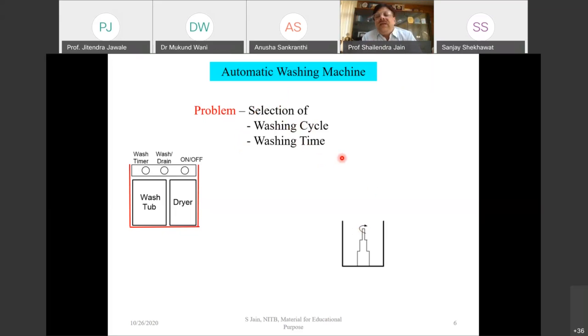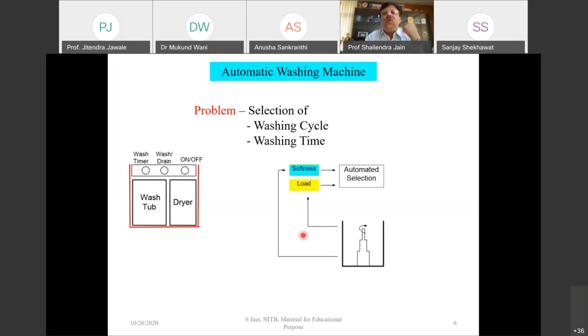How to select how much washing time is required? If I'm doing a manual wash, I can take a decision. I have to rub the cloth until we are able to remove all the dirt on the cloth. Similar kind of things need to be implemented. So what do we do? We'll take a decision: yes, my clothes are not much dirty, so I want to go for a light wash, gentle wash, or moderate wash. That will decide the washing time that needs to be selected automatically. So certain inputs need to be provided.